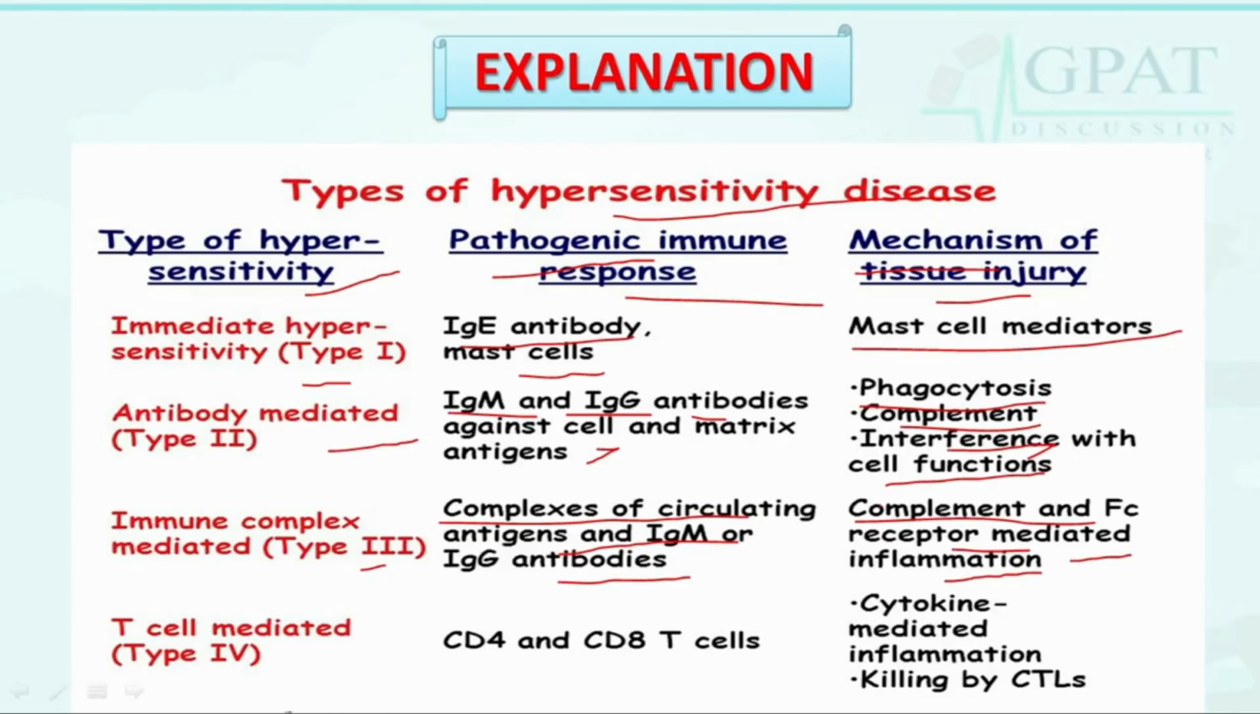Coming to the last one, that is T cell mediated. Students, sometimes the question may also ask what is type 1? So it is immediate hypersensitivity, the second is antibody mediated, the third is immune complex mediated, and the fourth is T cell mediated. So coming to the last one, the pathogenic immune response is CD4 and CD8 T cells. What is the mechanism of tissue injury? Cytokine mediated inflammation or killing by the CTL cells. So it's all about this question, students. Moving on to the next question,